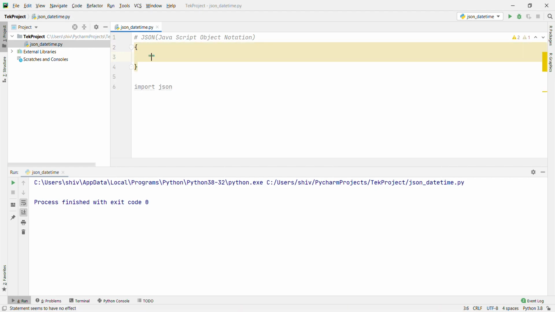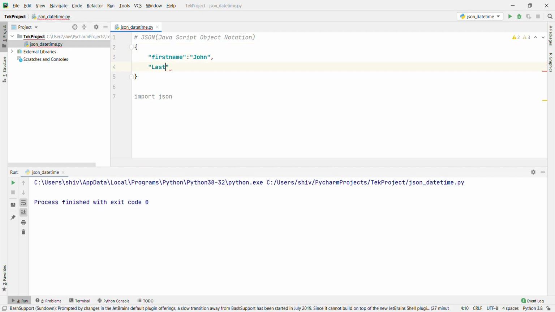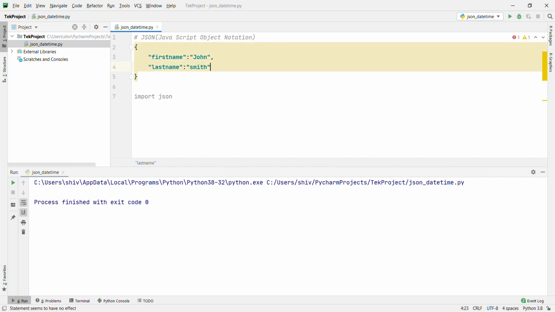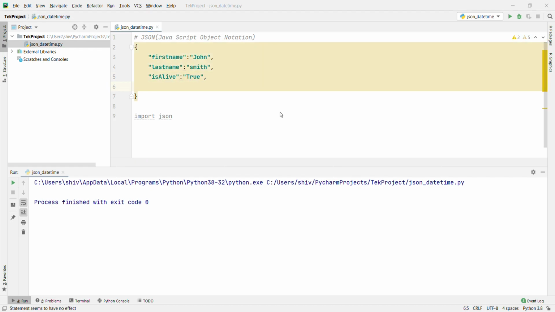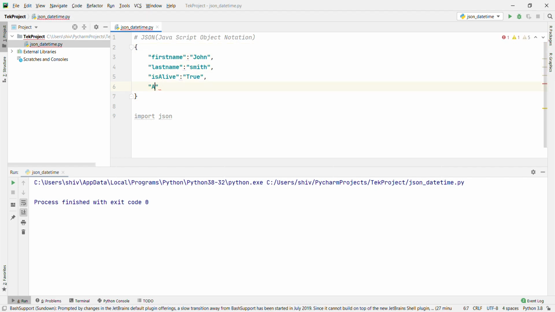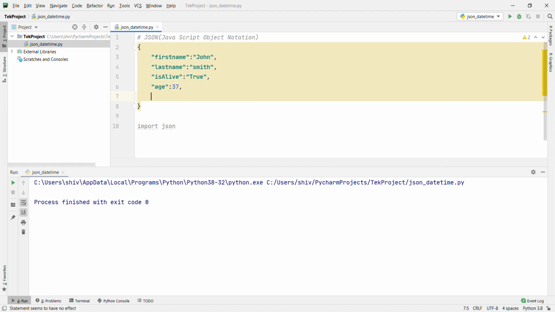Just make a first name, key value pair like that, John, last name, Smith, is live, true, age 37, phone number.